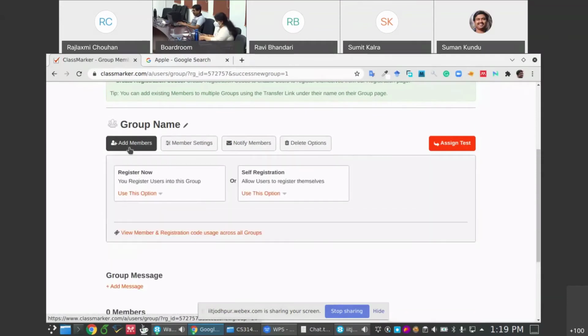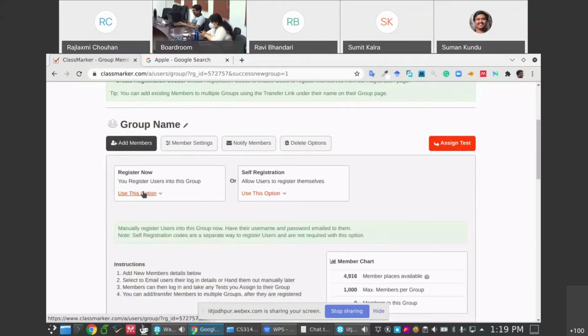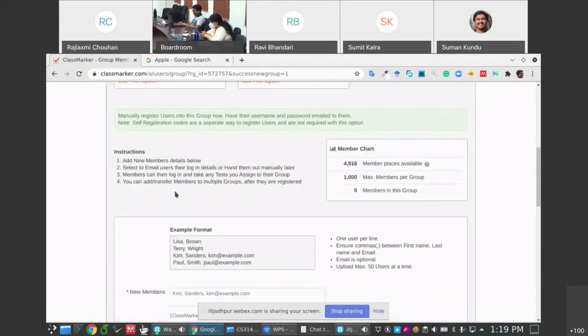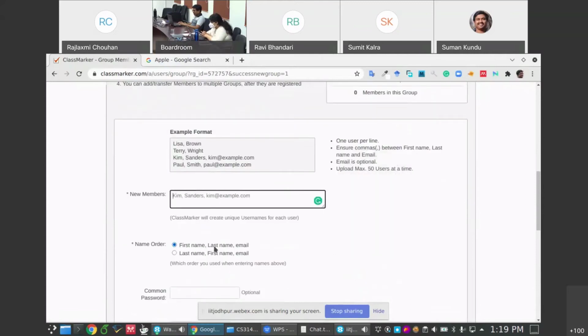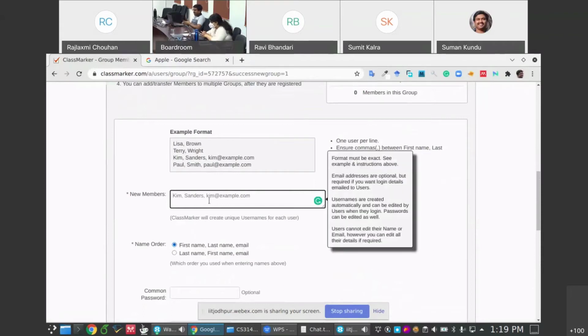So add members here. There are two options: register users now and self-registration. I prefer this option. And I need to put names in this format: first name, comma, last name, comma, email. This can be easily done. If all your students are in Aryabhatta, you can download the student list that contains the first name, last name, and the email ID.